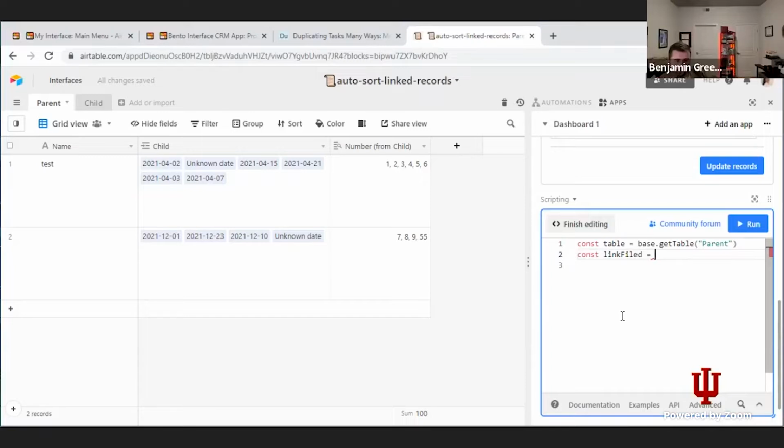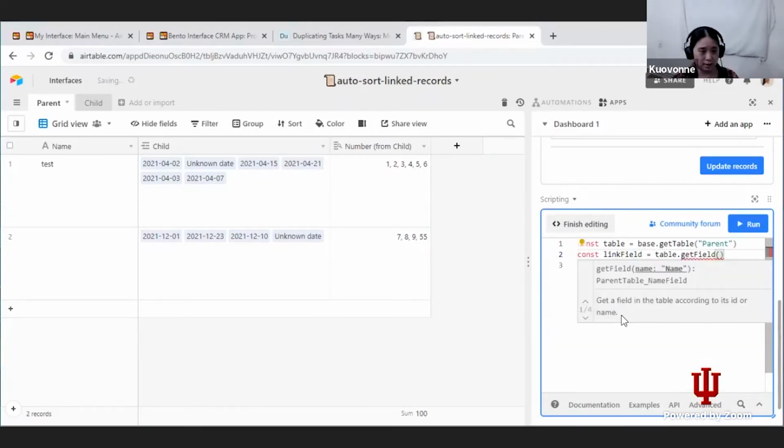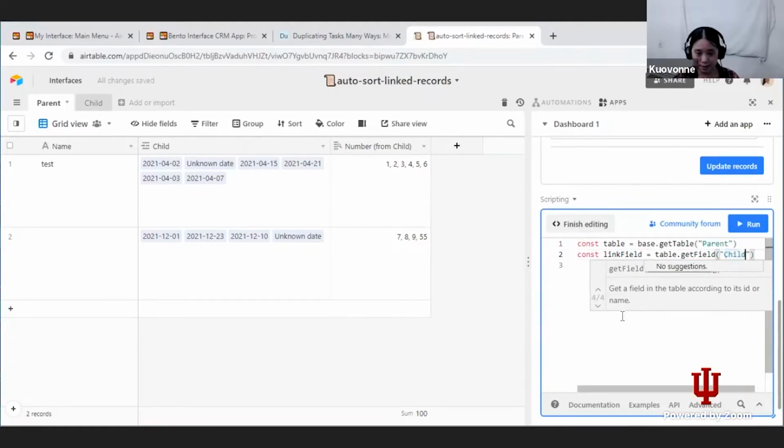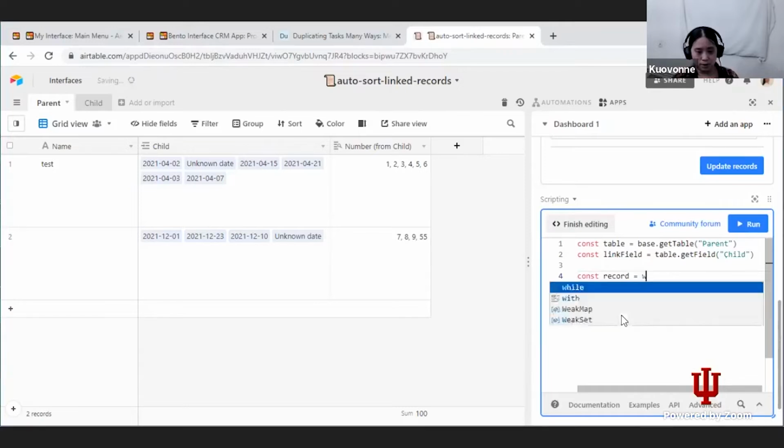Okay. So you know what your table is, and then you need to find out what your link field is. So you get that from the table. So we do table.getField child. Okay, so now I know, and then we need to get what record you want to use. So it would be, well, okay, const record equals, this is an async call,